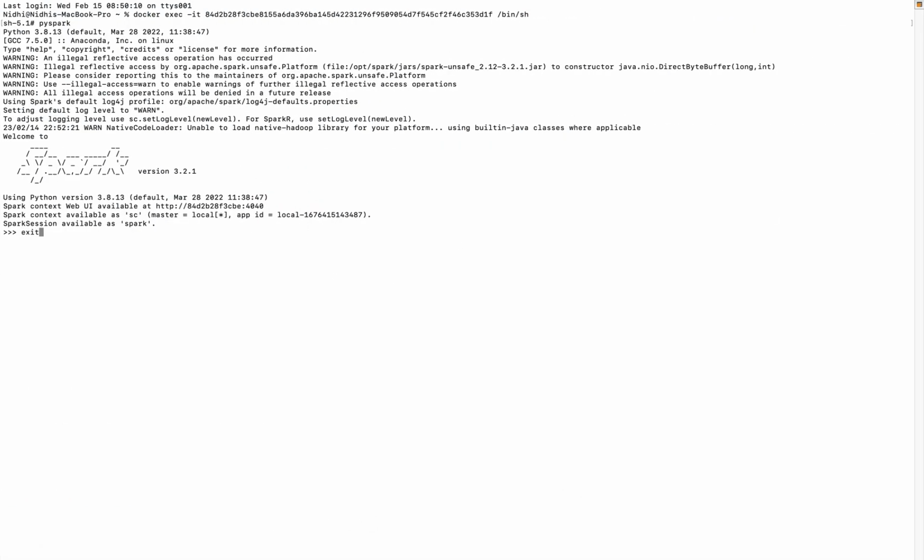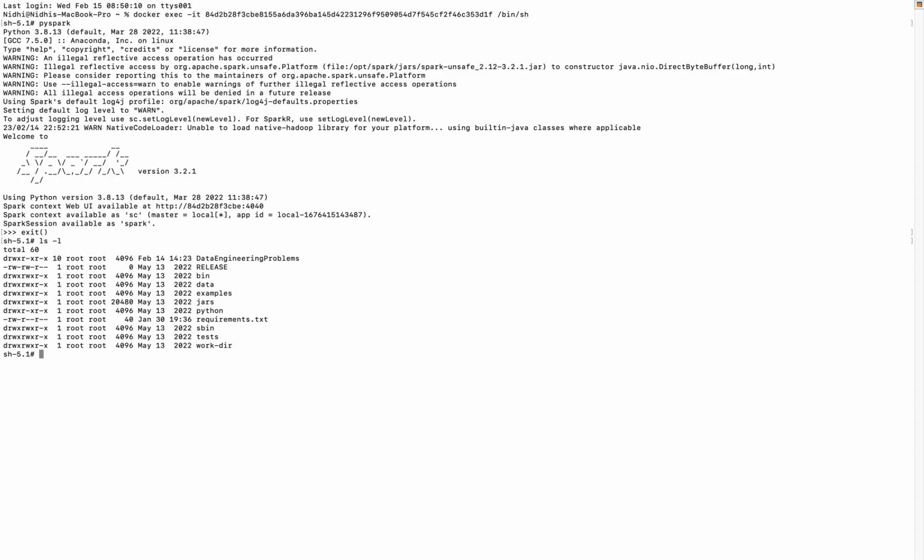So I will exit from here and we'll see which directory we are in. Now we go to data engineering problems, and we have problem 4. Now if I do PySpark here,